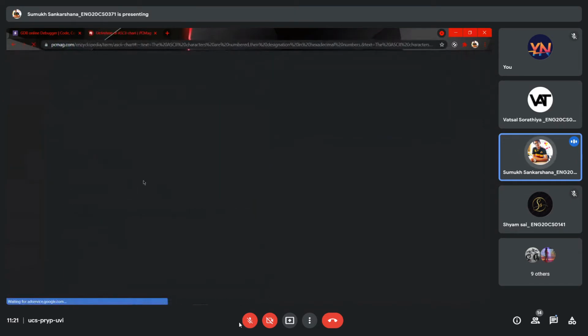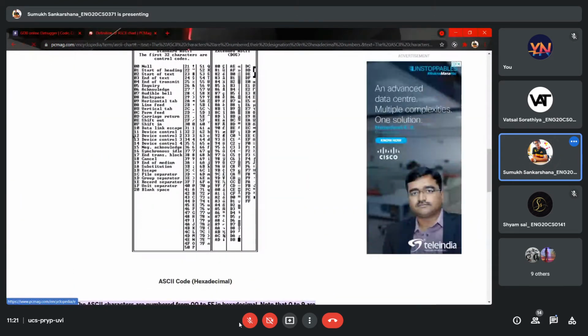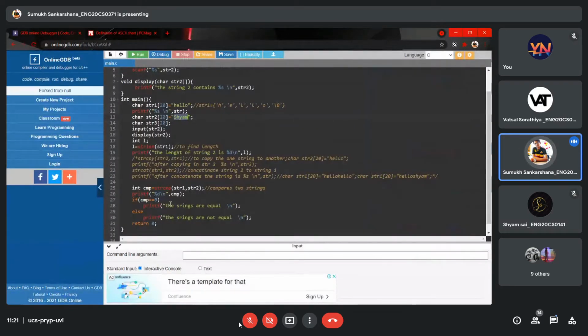They have each number of values in them, and they have their own numbers. So depending on that, it will check which is greater than the other one, and it will give us a particular value. It will give us a positive value if string one.